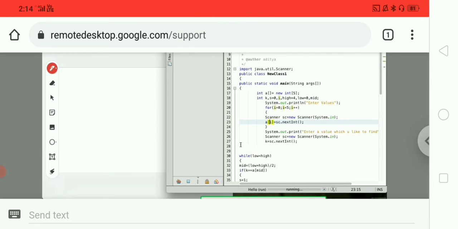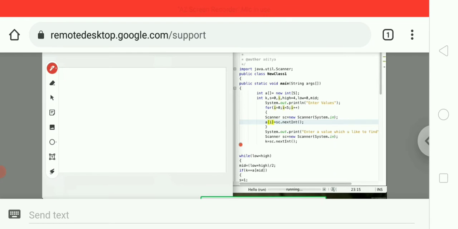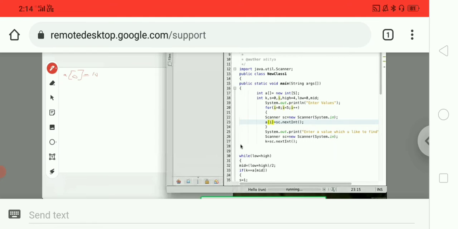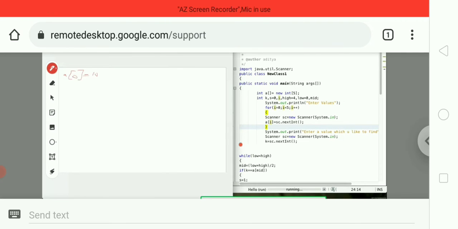So here i value is 0, so a of 0 I am inserting 10. After that the task is finished. After that i plus plus, i value 1, 1 less than 5, if the condition is true, another value will be inserted. After that a of 2,